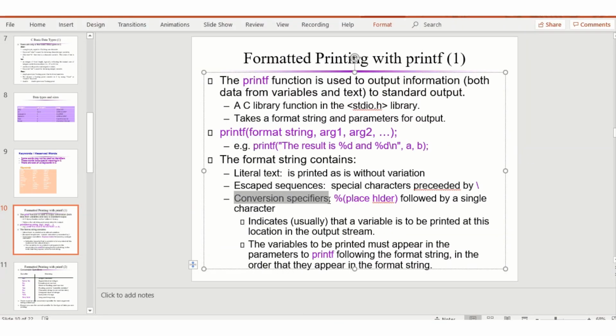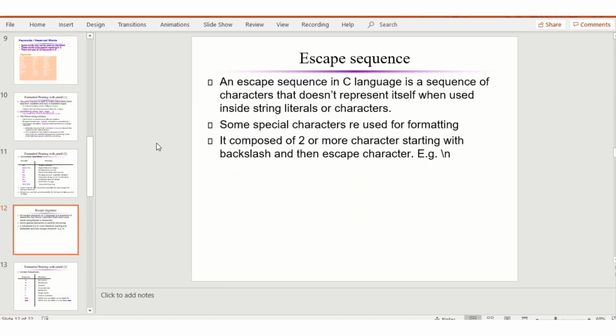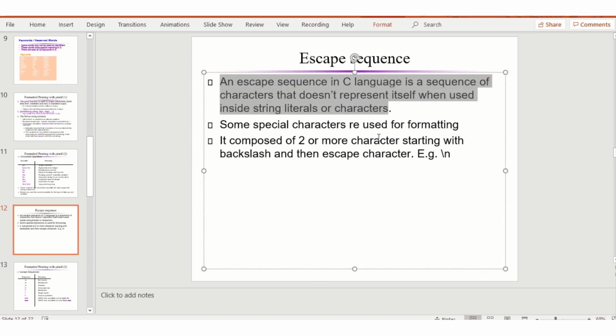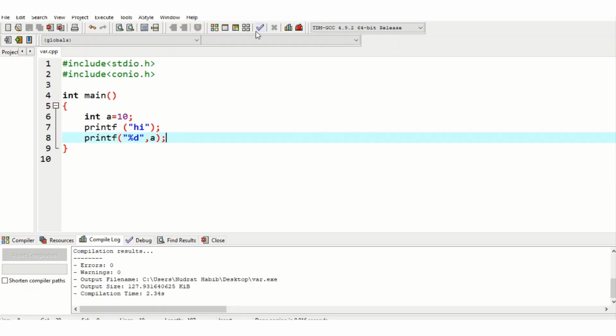All right, this is called conversion specifier. Another thing that is used inside printf or scanf both is called the escape sequence. Escape sequence is a special character preceded by this. It has a specific function here. In the C language, a singular character that doesn't represent itself when used inside a string literal is used for formatting. Formatting, how? If you see here,